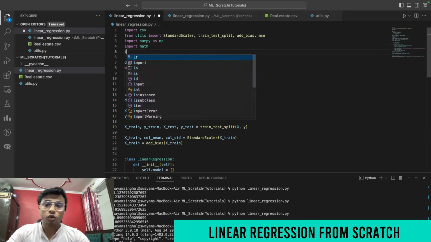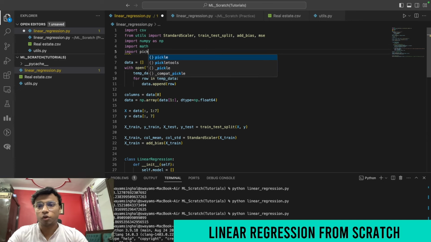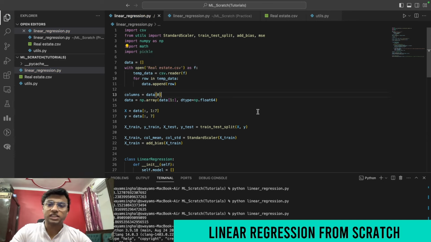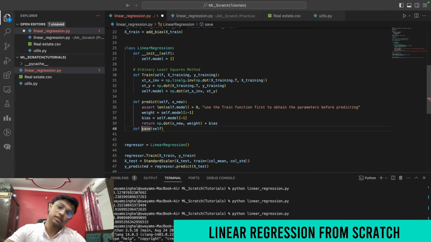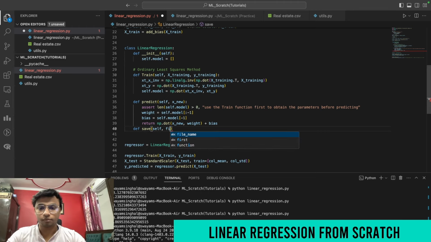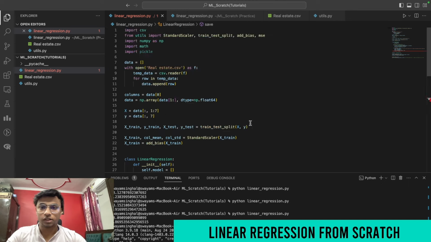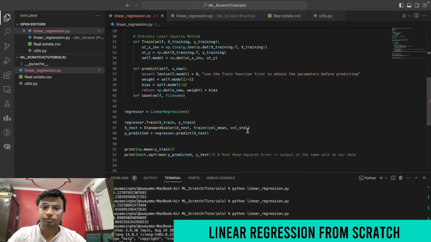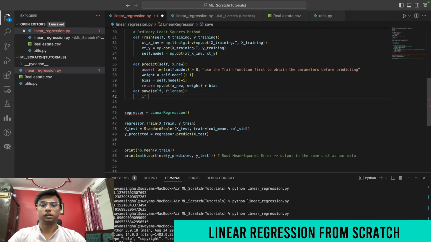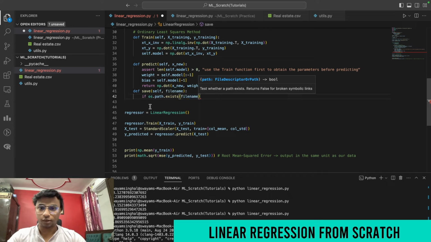Now, one more feature that I want to add, which is an optional feature, is just to import pickle, and we can save our model. So let's define a new functionality, which is def save. This will just need the self, and we'll also need the file name. So let's import OS now. And we'll just say if os.path.exists file name,